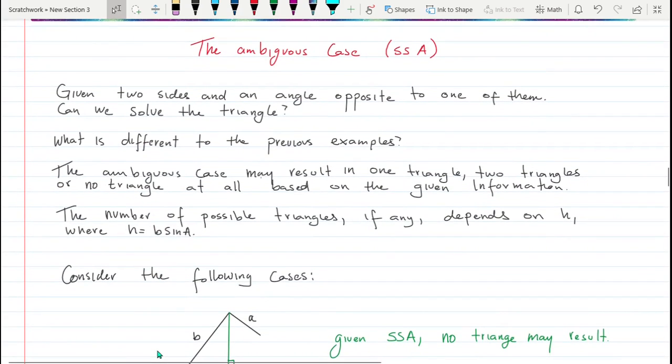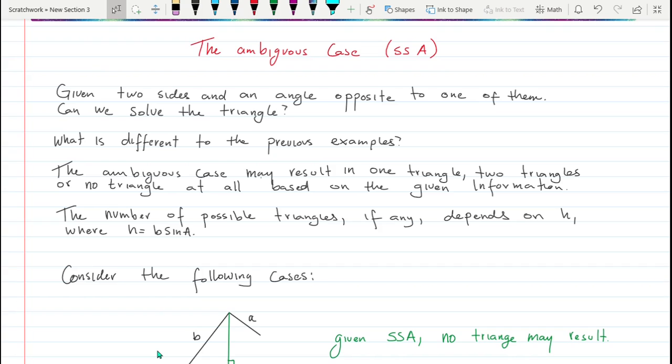Now we're going to talk about what is called the ambiguous case, and when you're given a side and an angle. Okay, so you're given two sides and an angle opposite to one of them. Can we solve the triangle? Right? You may think, well, yeah, of course, we just did one example of that. Now, but what is the difference with those previous examples is that one of them was the side was given in between two of the angles,